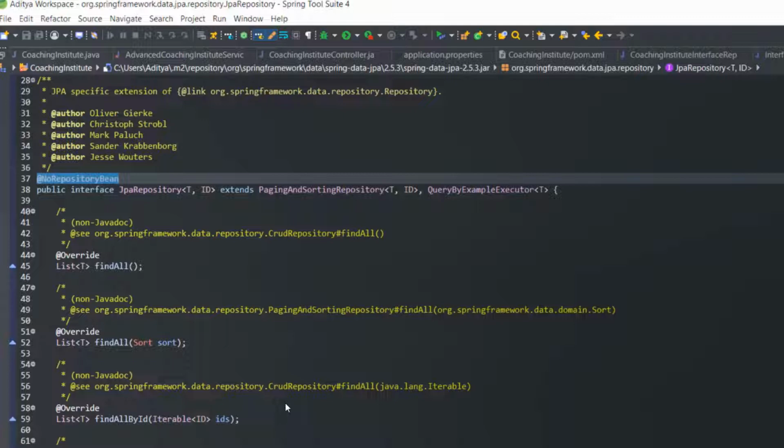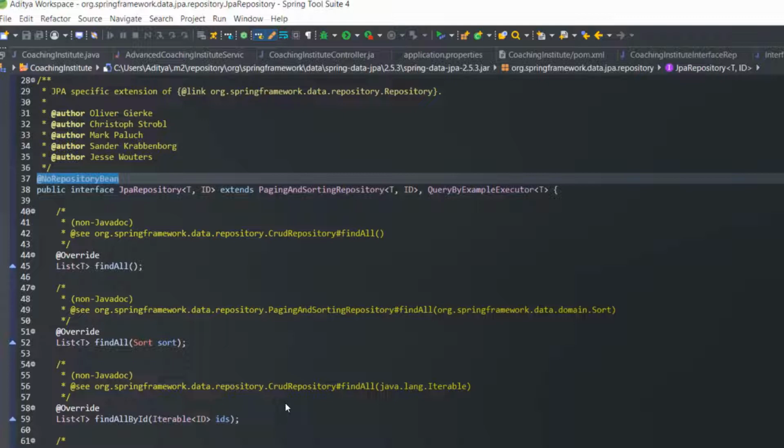So here inside JpaRepository, you can see that the annotation is marked as @NoRepositoryBean. Now let's see the job of @NoRepositoryBean. This annotation is used to avoid creating repository proxies for interfaces that actually match the criteria of a repository interface. And what is a repository?